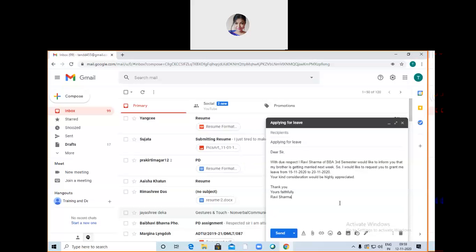Okay. So this is the basic format of the email, and once you are satisfied that you have included all the necessary information, then you can add the recipient's email ID and send it. Now, if this is a leave application, fine, you don't have to attach anything. But for any other kind of mail, for example, if you're sending an official mail, or a mail to apply for a job, where you need to attach certain files,